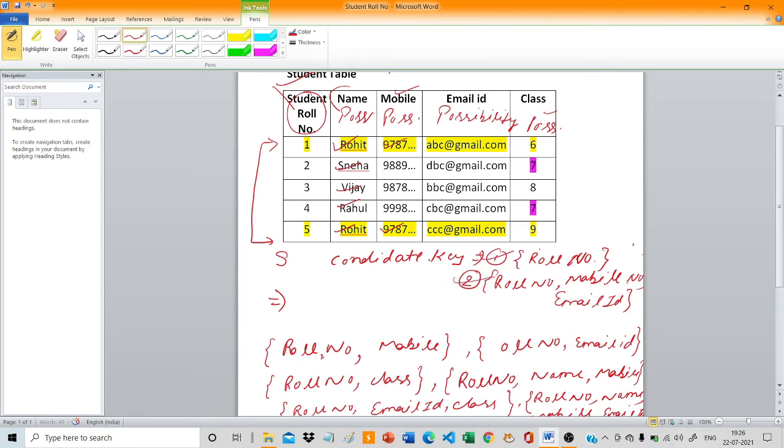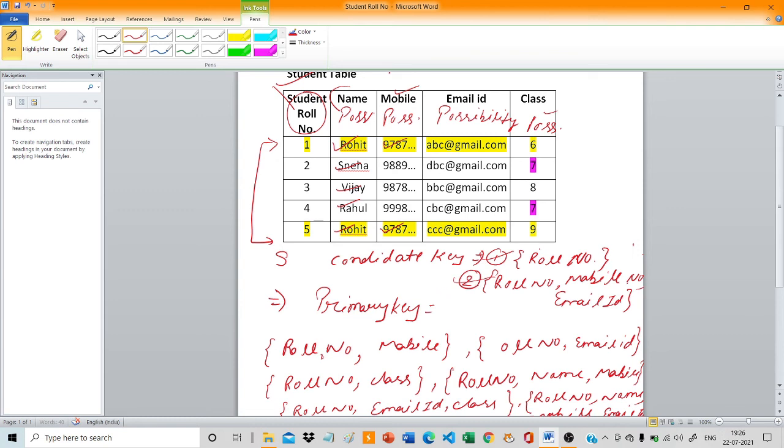Clear, everyone? Now from candidate key, we will derive primary key. What is primary key? If we talk about the primary key, in this key, roll number, mobile number, email ID, the field basically which 100% uniquely identifies the records.